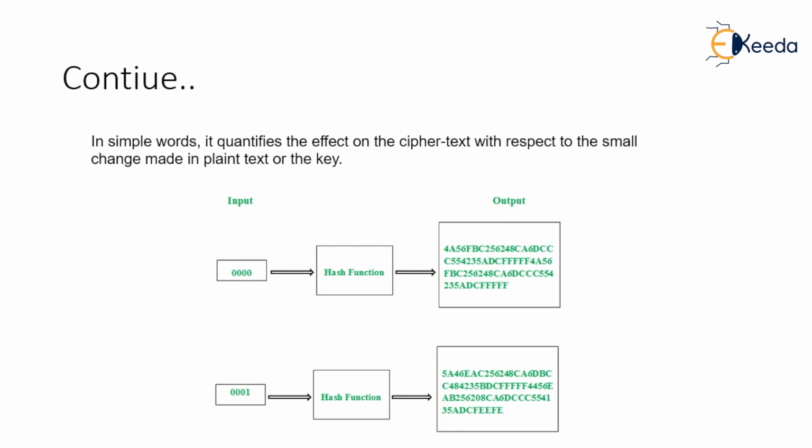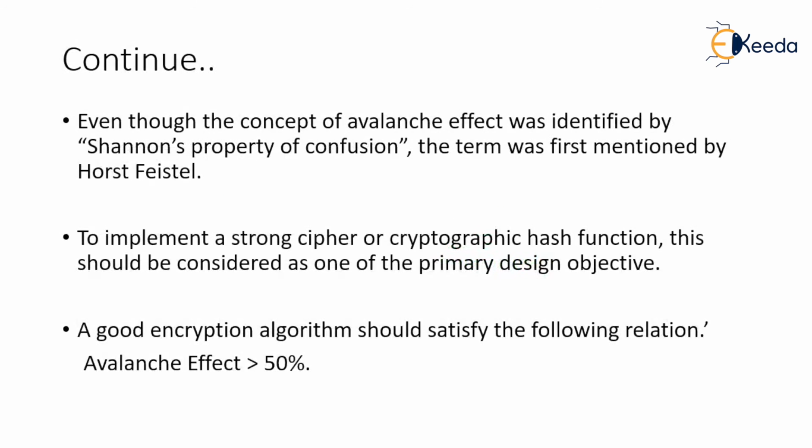So here you can see that if the input is 0000 and a hash function is implemented on it, what significant changes in the output you can get. For these 4 bits, we can get changes in the ciphertext in this many bits. Similarly, if 0001 is the input, after implementation of the hash functionality, what can be the output. That means you can see that with these small changes, you can have a significant change in your ciphertext, which helps in improving your security.